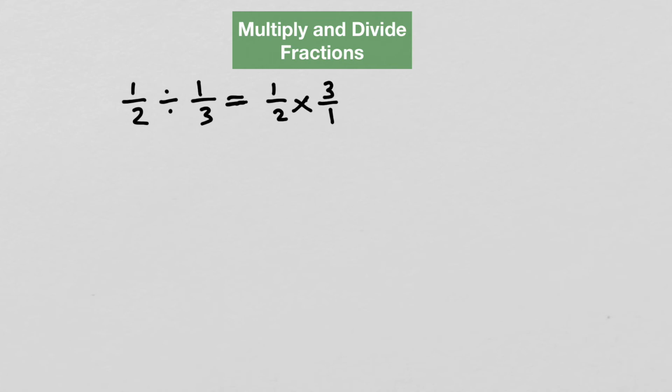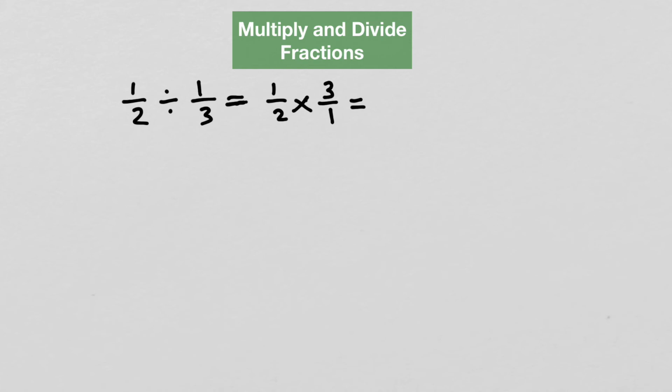Okay? So dividing by a fraction is the same thing as multiplying by its reciprocal. When we flip the numbers around so that the denominator becomes a numerator and the numerator becomes the denominator, that's called the reciprocal. Okay? And then once you have that set up, you just multiply across like we did before